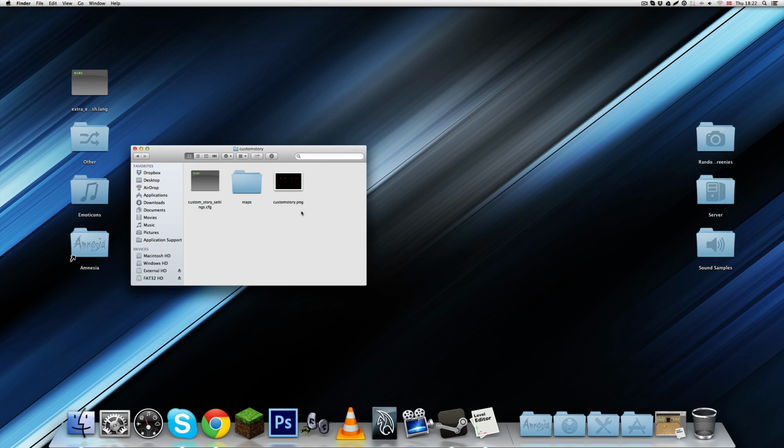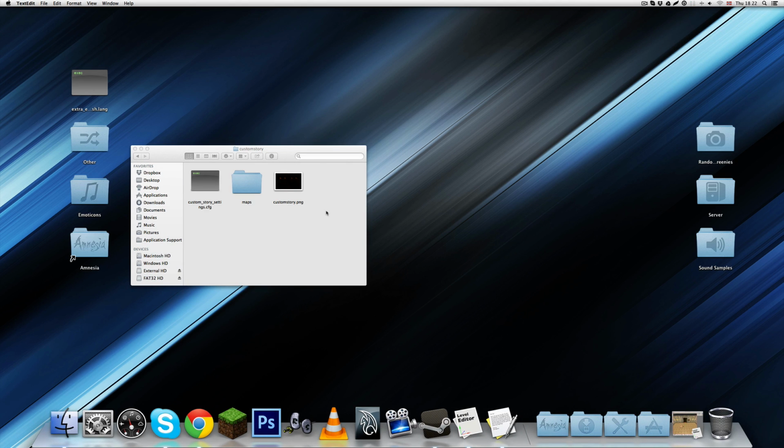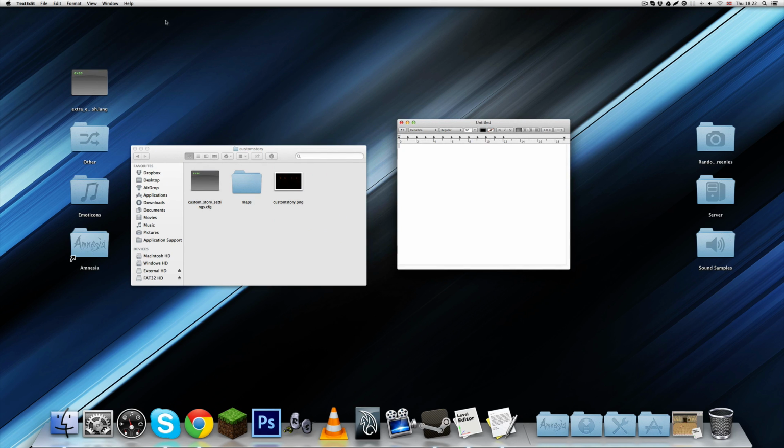Now this video is done on a Mac, so if you are using a Windows computer, you can use Notepad. Probably Notepad++ should be a better alternative, but I have not actually tried it with it, but Notepad works fine. So basically in Notepad you just make a new file and save it as all files with the extension .lang. In Mac you do something very similar, except you use TextEdit, and TextEdit should come with all Macs, at least the recent ones. I don't know when they added this, but it should be a while ago.